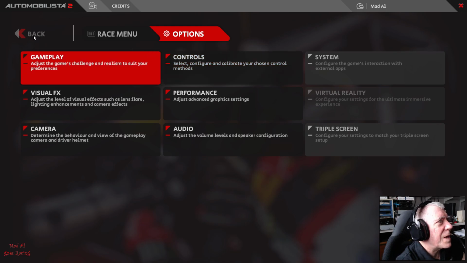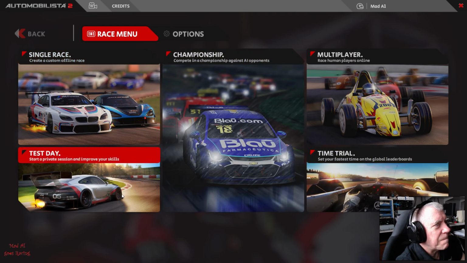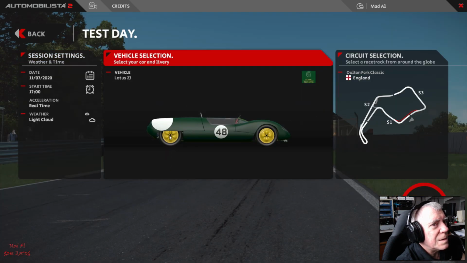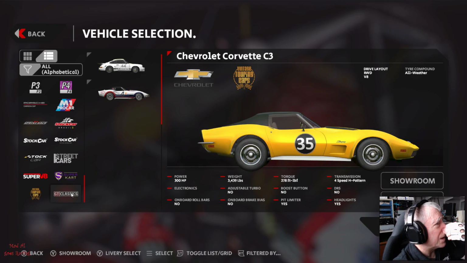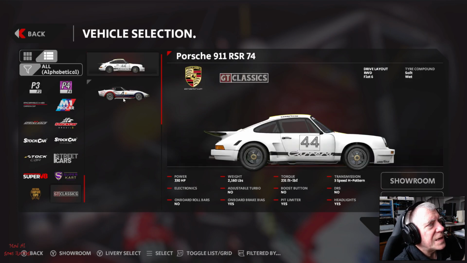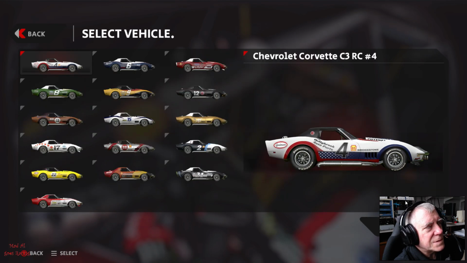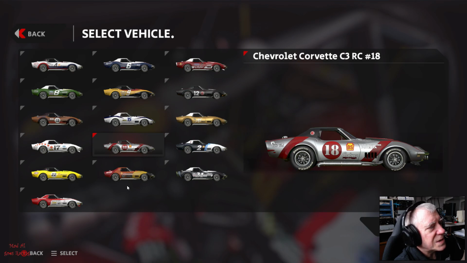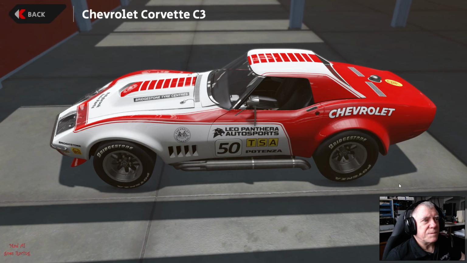And then we're going to go in and have a look at the new cars. The two new cars are in the GT Classics, which is the C3. And if we look in the options for liveries, there are quite a few liveries, some nice interesting ones. And if we have a quick look in the showroom, hopefully we won't get...